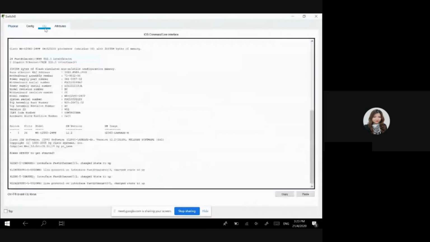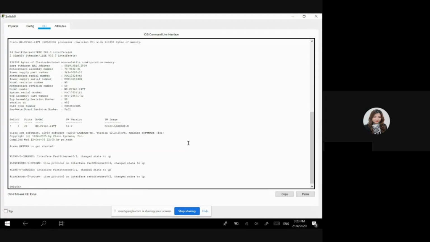So go to your command line interface, and just be careful that sometimes when you go to the physical, some of the ports are actually already locked. When you lock, what will happen is that you are requested to do the line console. But anyway, let me just show you first. Now this is the switch 0. You can just go to here, and according to the question, it's required you to